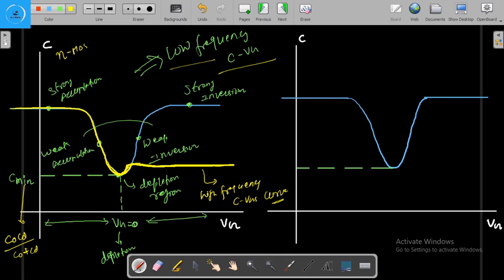This is for the NMOS, the N channel MOSFET with a P type substrate, and this is for the PMOS. For PMOS, Vg will be equal to 0, and then we apply the negative Vg. Here the substrate will be N type, and here we have the negative gate voltage and here the positive gate voltage. Then here the strong inversion will occur,